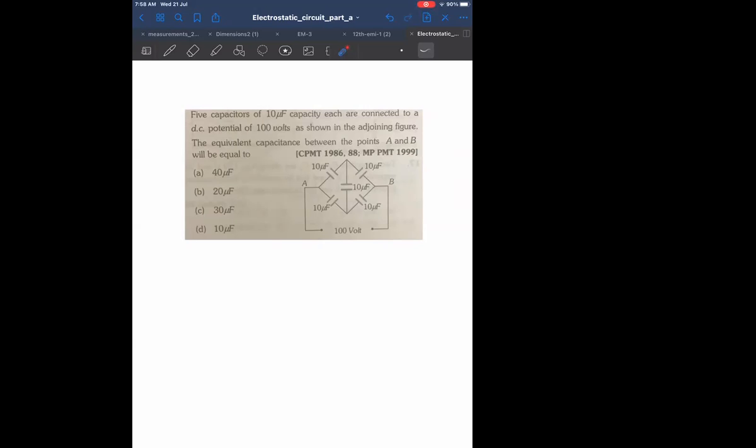Now, the first thing you should understand is whether the Wheatstone bridge is balanced. So, like over here, whether it is balanced. If it is balanced, do I have to consider the galvanometer bridge over here? The answer is no, because the bridge is anyway balanced. So these two will be here, these two will be here, and I can get the equivalent capacitance.